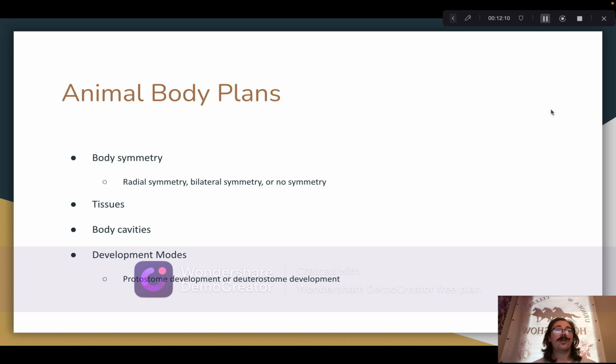A hemocoel is another kind of body cavity that is exclusive to triploblastic animals, but they form between the mesoderm and the endoderm rather than within the mesoderm, and are filled with nutrient transport facilitating fluid known as hemolymph. Some animals do not have body cavities at all, like flatworms, for example.